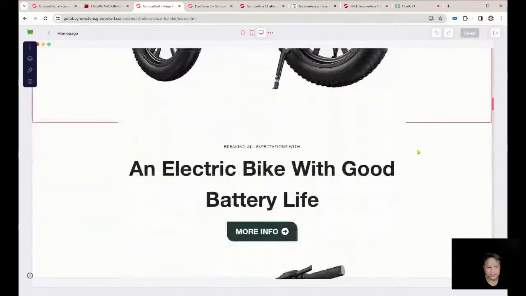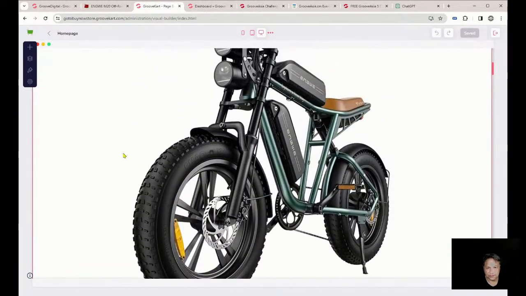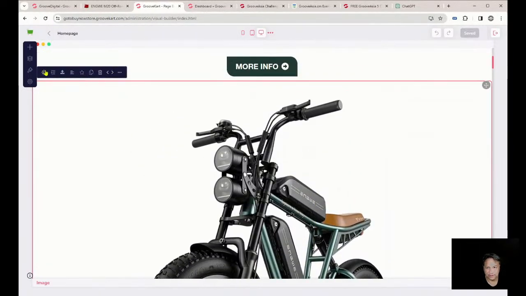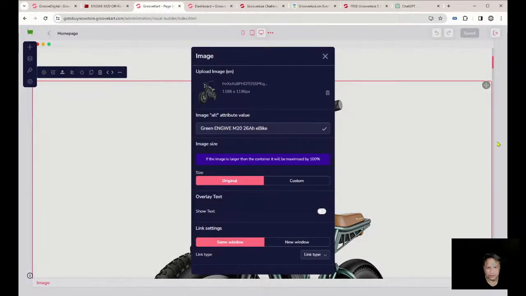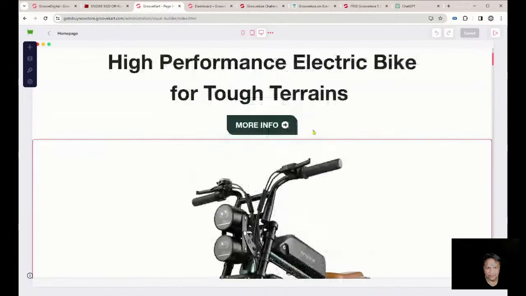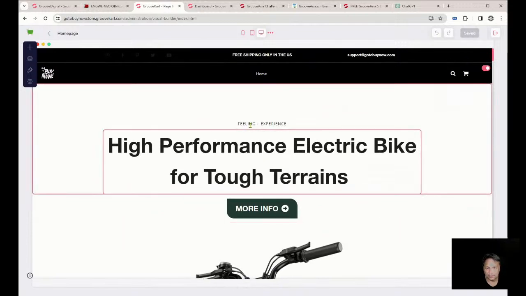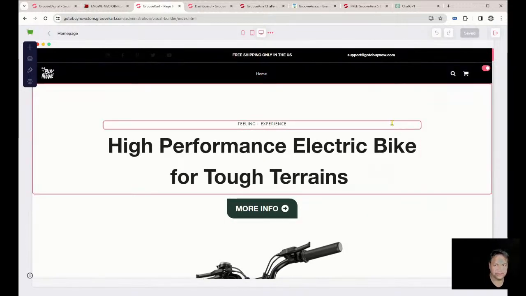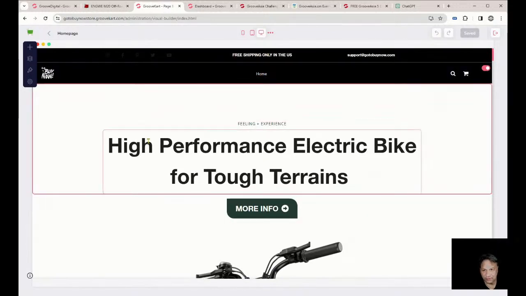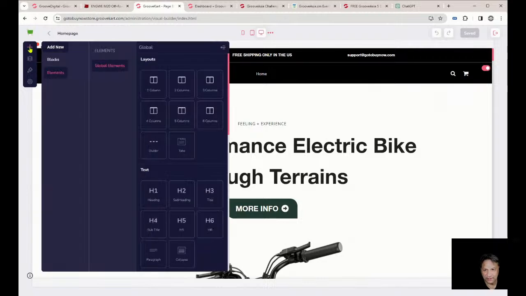All right. So this is where we can add things like our products, images, all those sorts of things. In here, this is an image. All right. Then I've just got buttons that will go to the actual product page where you can add to cart. But I just want to go through the builder and some of the things that you can actually do. In here, up the plus sign, we can add a block,